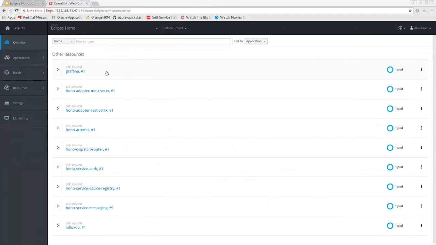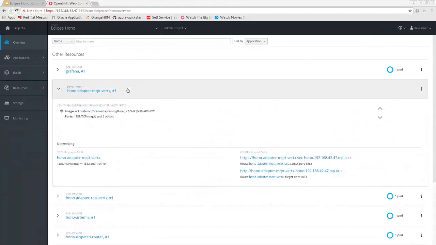The interesting thing about scaling, for example, is that using OpenShift and even Kubernetes, here we have only one instance running for this MQTT adapter, and we can just scale up and scale down for having more instances of this adapter for getting information and data from a huge number of devices. So scaling the instances when we have some change on the flow of data that we have from devices.